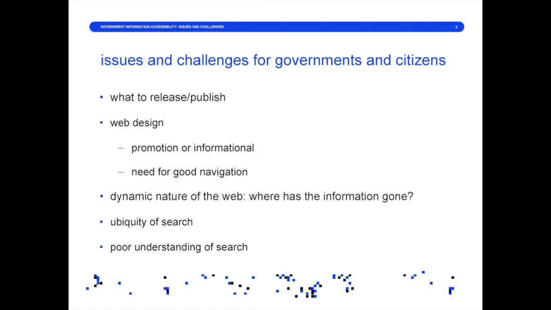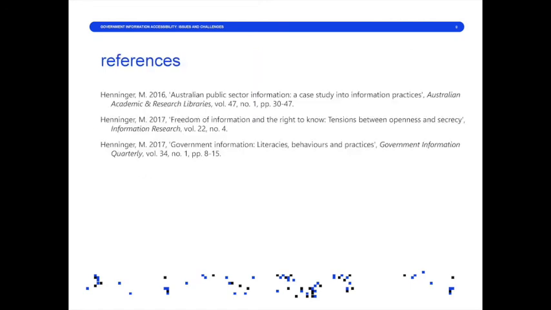The ubiquity of search, that's what we all use, and very much we have to teach our younger people and our middle-aged people and our older people what search is all about so they can actually understand it. So those are the challenges, those are the issues, and I'm going to turn